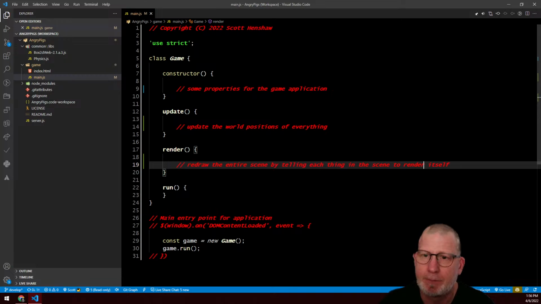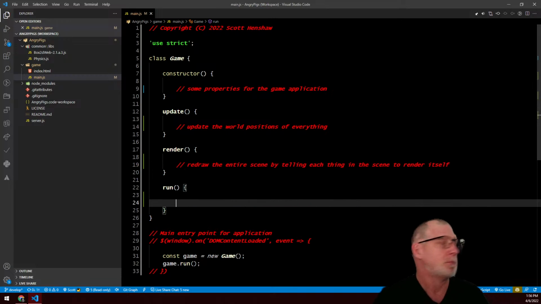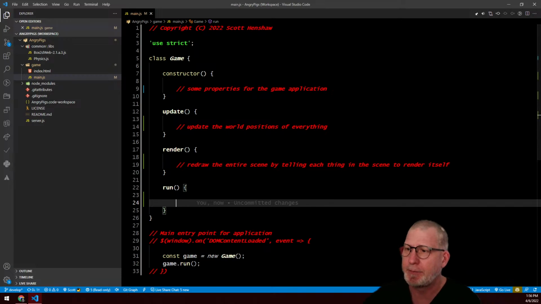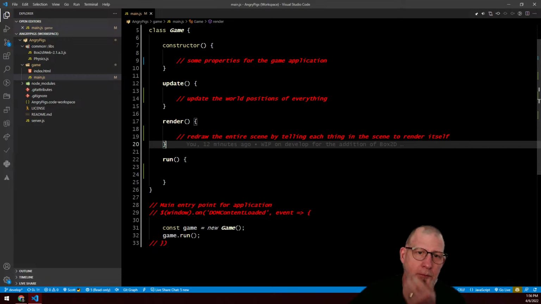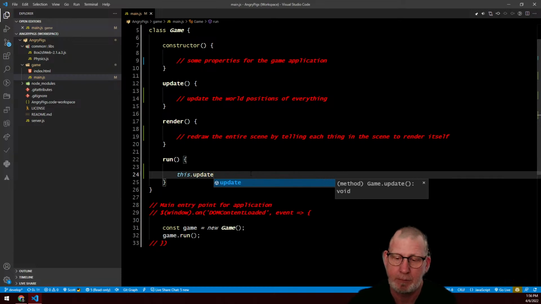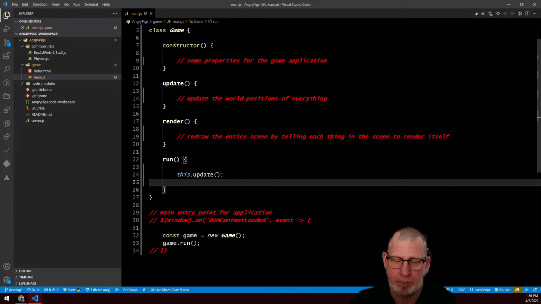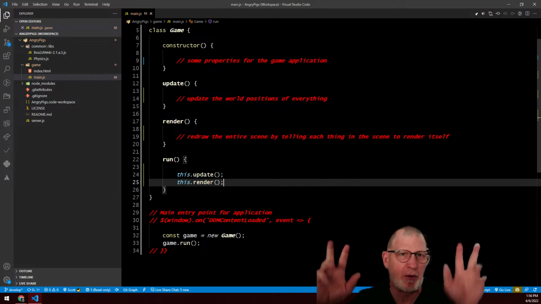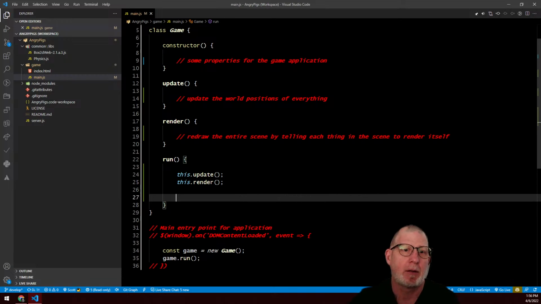Let's call it render. Okay. We're going to break these down a little bit more, but I'm going to start by just framing in the comments here as we go. Now, when we run our application, what are we going to do? Create a world. That does one frame, so to speak. And then